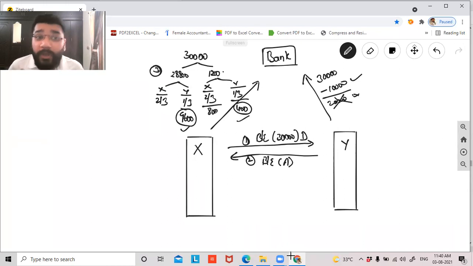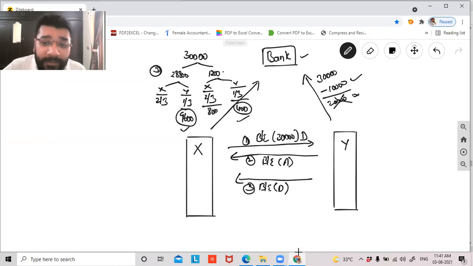Y wants to settle it because Y does not want a black mark against his name. Guys, if Y does not pay this money to the banker on the due date, his credibility gets affected. His credit score will get affected. So in order to protect that, Y is now drawing a bill. A bill of exchange is drawn by Y for the amount of 42,000 rupees.